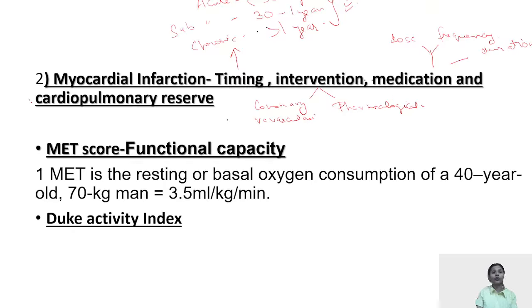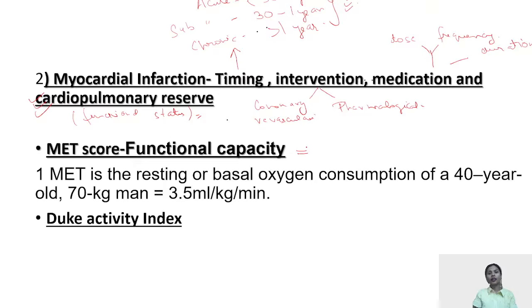And lastly, and most importantly, that is the cardiopulmonary reserve of the patient. That is the functional status of the patient. Because you all know that surgery itself is a very stressful condition in which a lot of catecholamines are released, which have adverse effect on the myocardium. Thus, we have to know the cardiopulmonary reserve of the patient, or whether the patient could maintain itself at that stress level. One by one, we are going to come on all these four conditions.